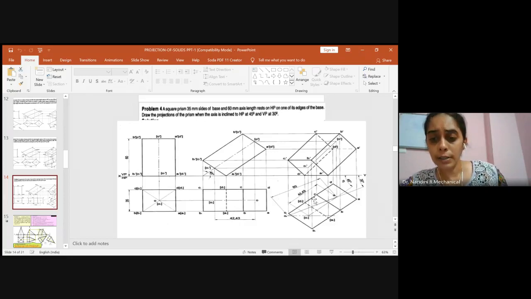So after this, you need to get the remaining part of the bottom surface. So you measure from D1 to C1, what is the distance, and you just cut an arc. And again, you measure from A1 to B1, what is the distance, and you just cut an arc on the parallel line you have drawn already. So now you got all the 4 corners of the bottom surface also, and the top surface also. The only thing you have to do is join and darken it.